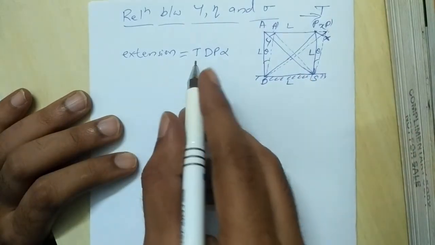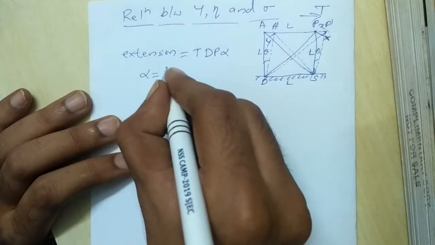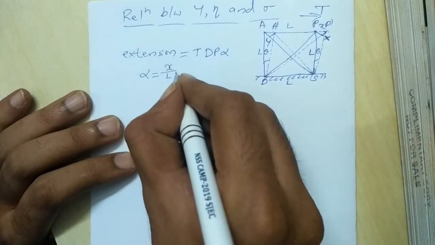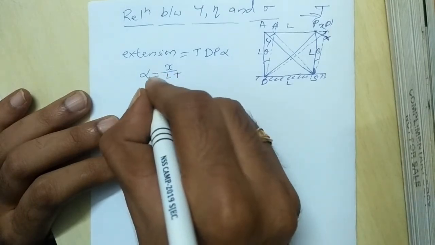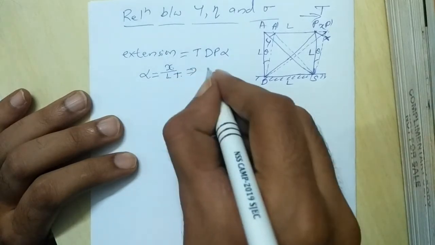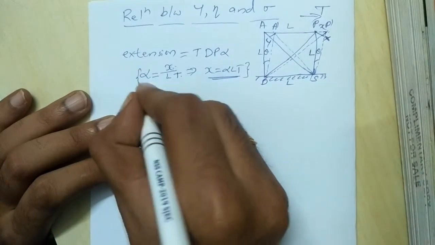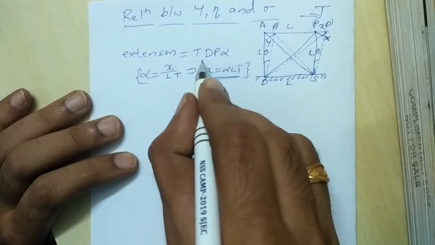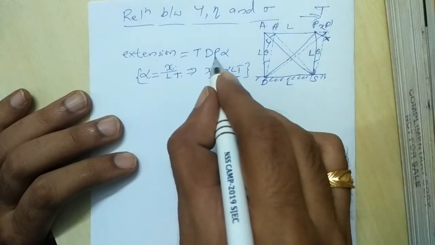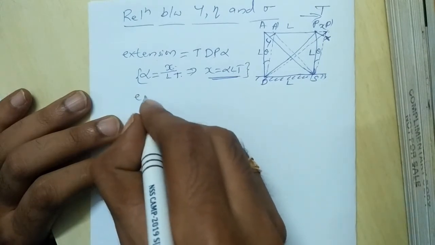Why? Because we have studied that the longitudinal strain coefficient alpha is the longitudinal strain, x by L, the change in dimension to the original dimension, per unit stress. That implies extension x is equal to alpha into L into T. That's why the extension is written as T into dP into alpha, since the applied stress is T, and L is dP because the original dimension we have considered is dP. Similarly, the extension produced